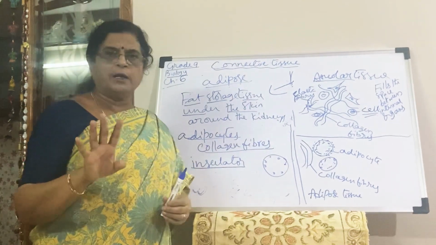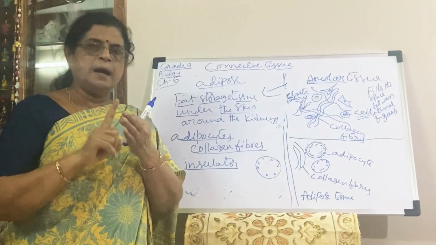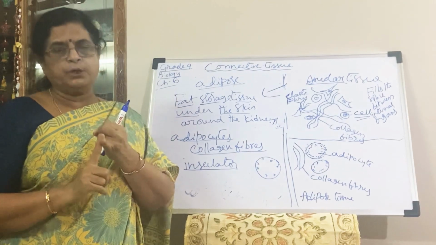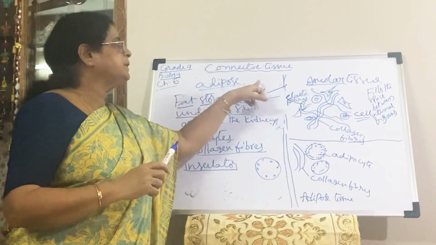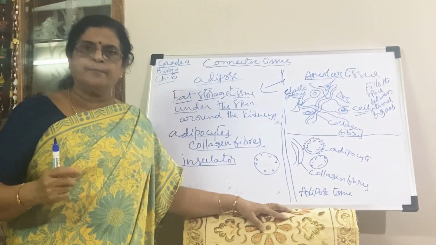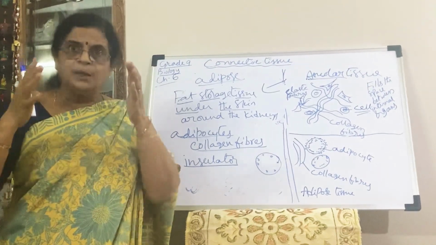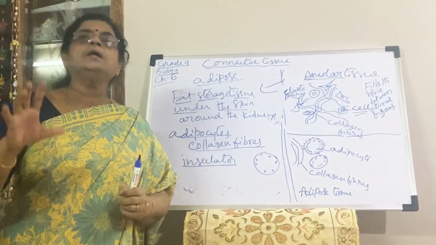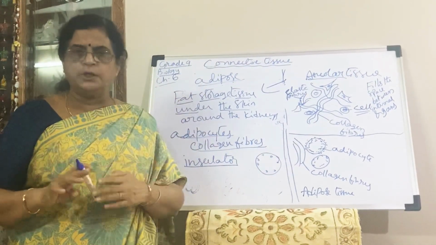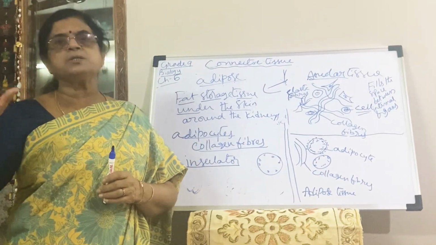So totally what we are learning in this video is bone, cartilage, ligament, tendon, areolar connective tissue and adipose connective tissue. These are the 6 types of connective tissue. Where are they located in our body? Between bone and bone, the connective tissue is ligament. The main points you have to note are: types of connective tissue, location in our body, and what their functions are in our body.